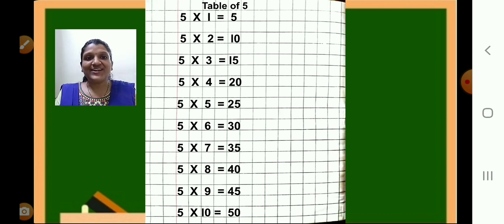Have you done it, children? Yes. Here we complete writing the table of 5. Now, all this you are going to write again in book number 3, that is in the Maths Homework book. So, you will write number names from 71 to 100 and the table of 5 again in book number 3. Okay, children?